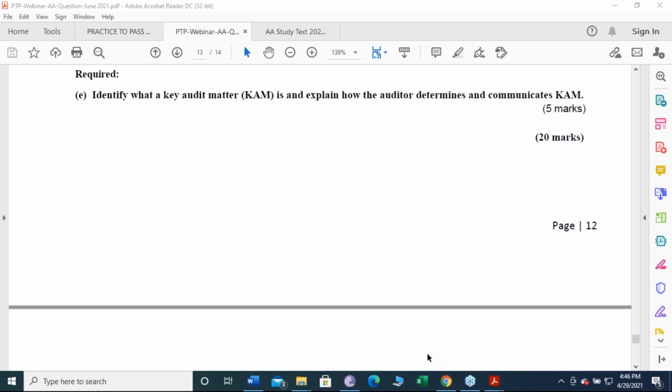And once you are done with the MTQs, you should straight away go to the substantive procedure question, the last one. Why? This is a question which requires less time with respect to reading the question, and less time with respect to answering the question. So you can catch up, you can make sure that your time management is not a problem. If you attempt substantive procedures at the very end, there is a huge possibility that you are going to fumble and write incorrect procedures, because at the end of the paper the time pressure creeps up. So you should attempt this particular question first, I believe so.